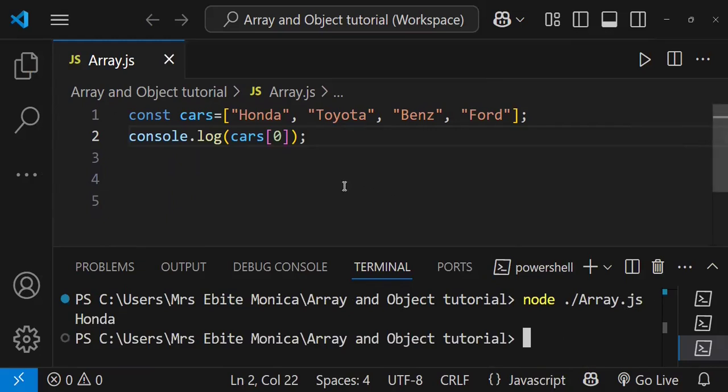So you can see cars, you have the square bracket, then you have the index of the first element inside the array. And the element with the index 0 is Honda. So when we do console